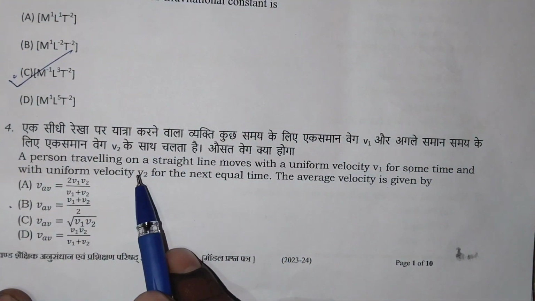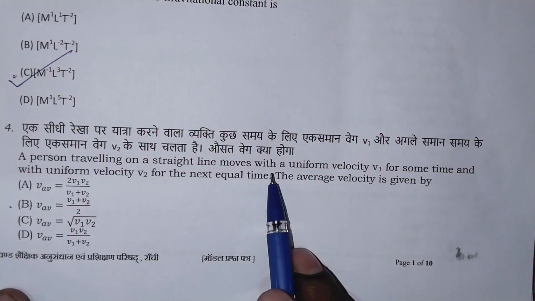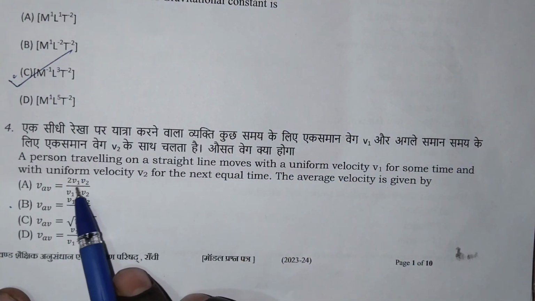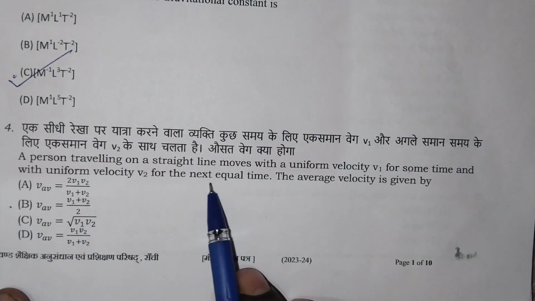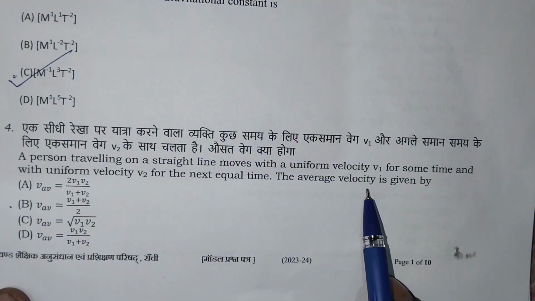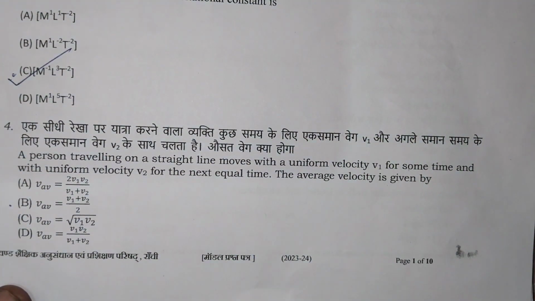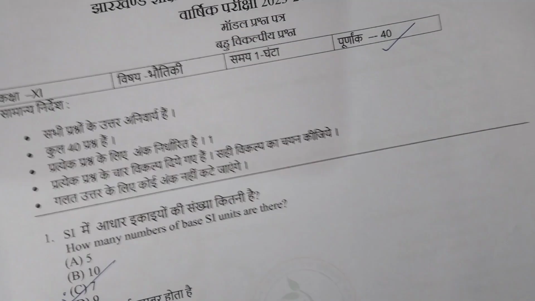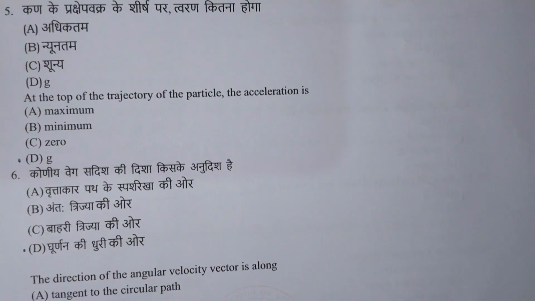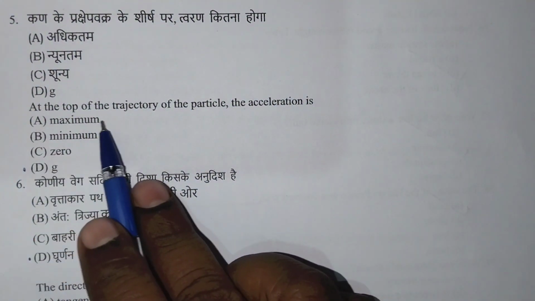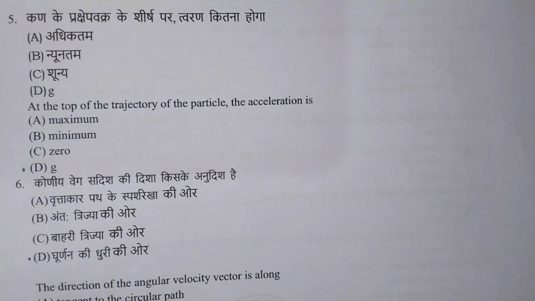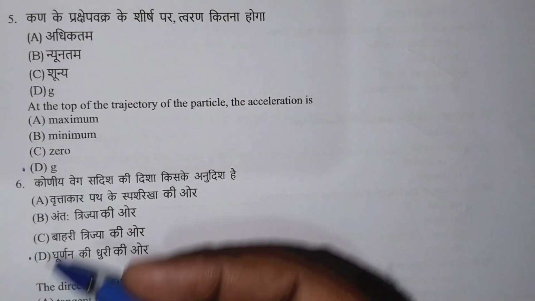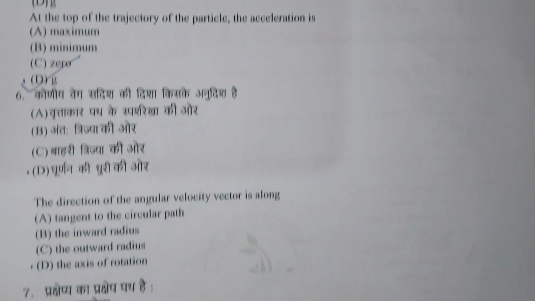A person traveling on a straight line moves with uniform velocity v1 for some time and with uniform velocity v2 for the next equal time. The average velocity is given by B number। नेक्स्ट क्वेश्चन है, at the top of the trajectory of the particle the acceleration is maximum, minimum, 0, g. इसका आंसर D, g।